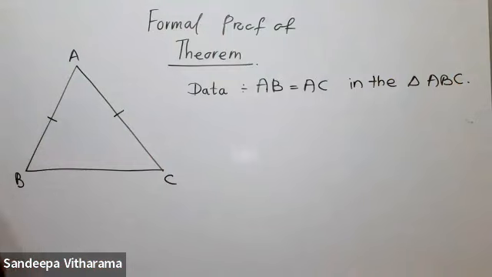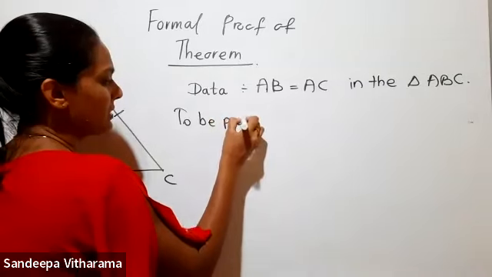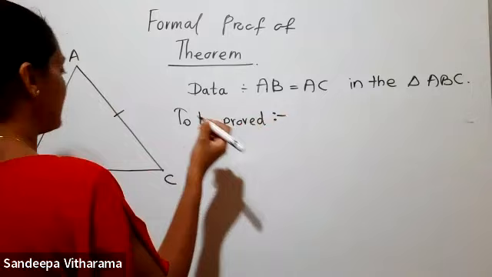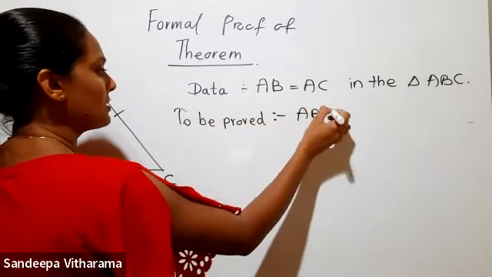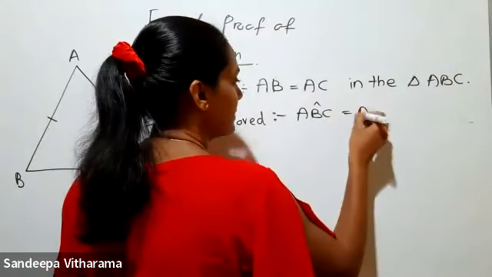Or you can write that ABC is an isosceles triangle. Then you can identify that two sides are equal. To be proved. That means what you have to prove. We have to prove that the angles opposite to these two equal sides are equal, angle ABC equals angle